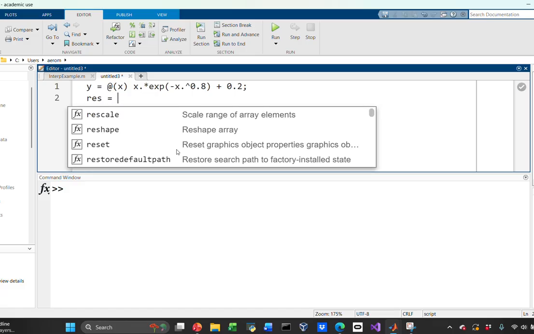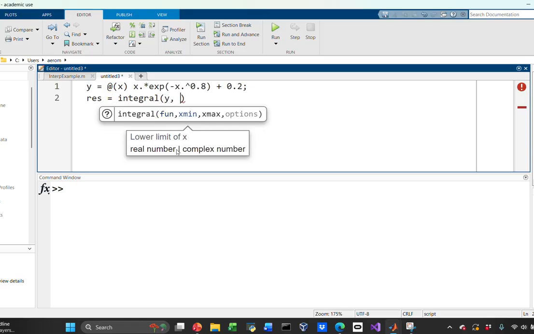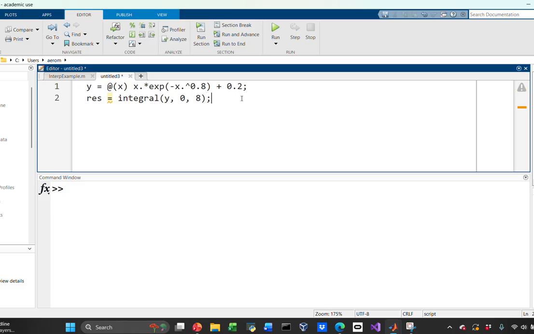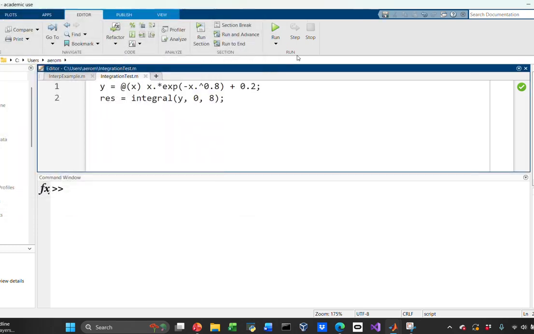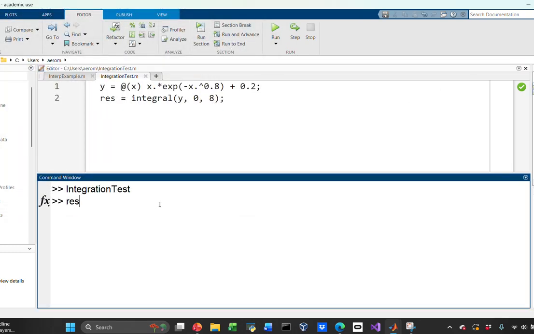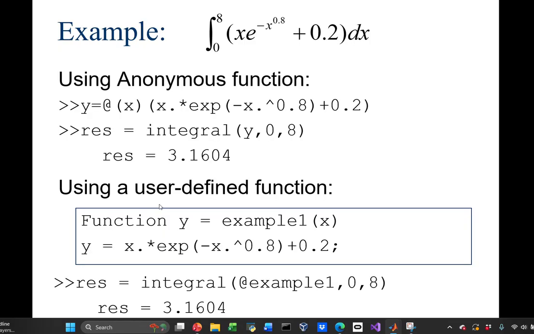So if we wanted to use the integral function, we put y as our first input. The minimum range is 0, and the maximum range or bound is 8. We can call this integration test. And we should get a value for res, 3.1604. And just for fun, we're going to change our format to long so we can see a little bit more digits. Because the other option for us to use